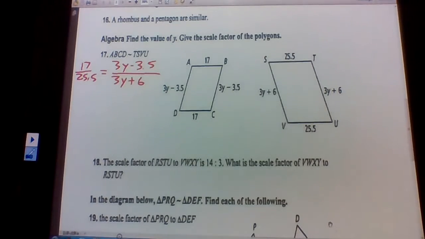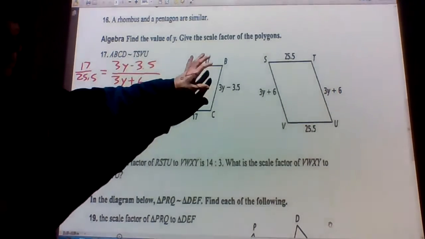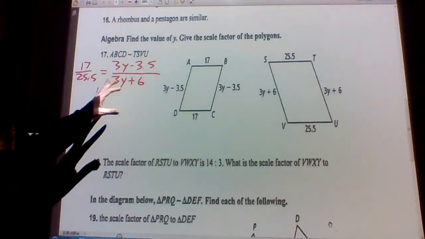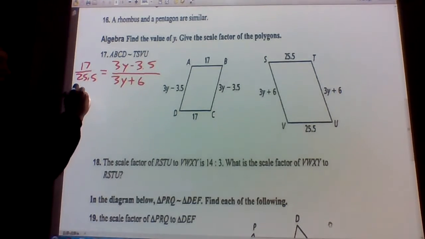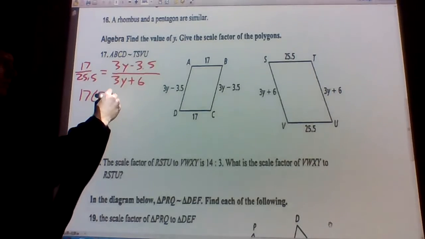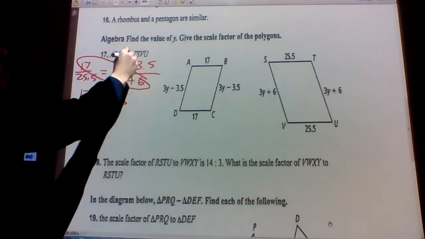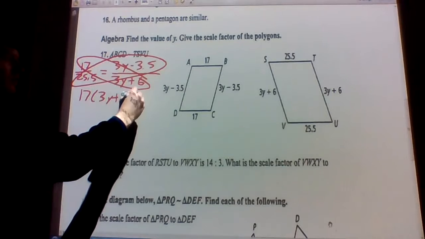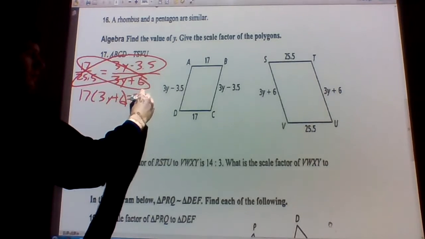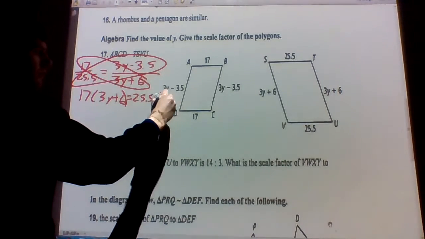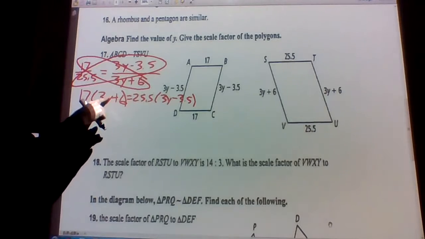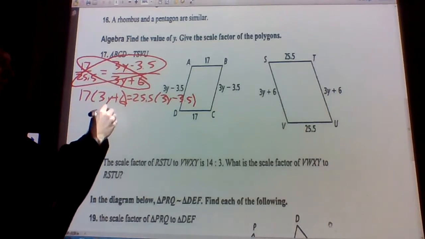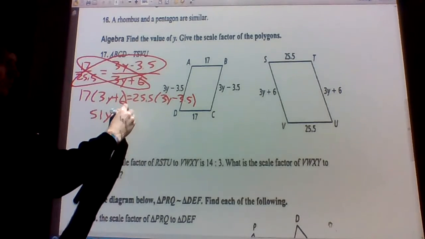Okay, to solve a proportion, I mean, we could write the rest, but we don't need to because they're just going to be duplicates. We have our proportion to solve for y, so we cross multiply. So 17 times 3y plus 6, and then 25.5 times 3y minus 3.5. Okay, so this is going to be 51y plus 102